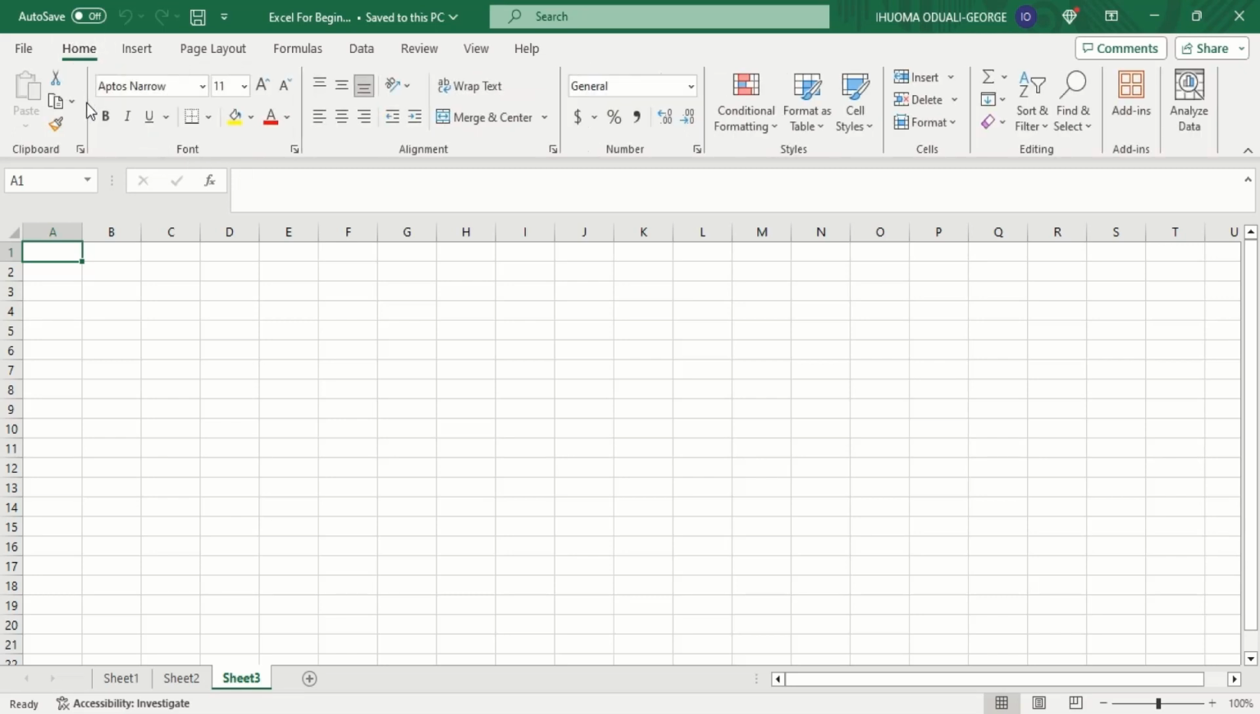So we say the ribbon is segmented into groups, and the names of each group are clearly written at the bottom of each group. The essence of understanding your ribbon and navigation is for easy access in retrieving a command. For example, if I have a pool of data and I want to remove duplicated records,